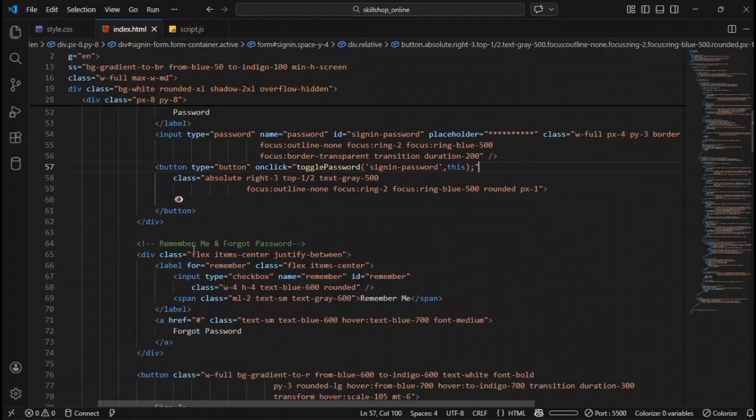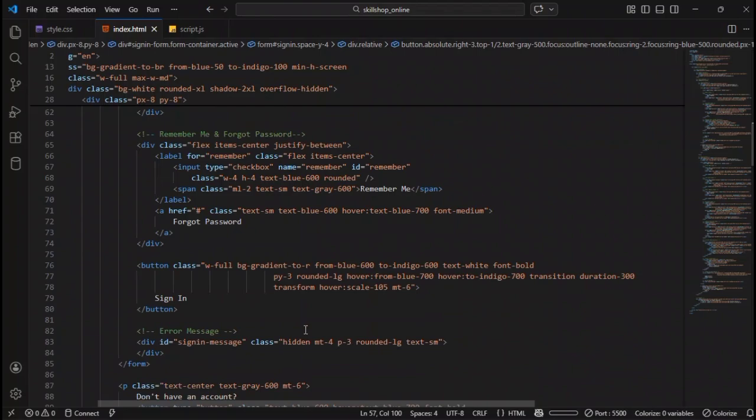And below that I have given the remember me checkbox and the forgot password using an anchor tag, and also added the button using a class with full background gradient color from left to right, blue to indigo, text white and font bold, and padding 3,